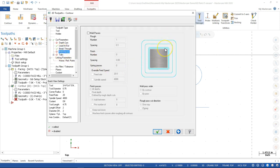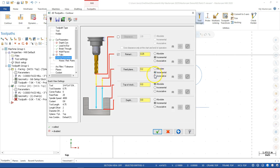Multi-passes, again, starting from a much larger piece and working our way in. And then the linking parameters, let's stay with the 1 inch. Our depth is -3. And I want to set those to absolutes. All right, so the 3-inch makes sense for the print. The breakthrough amount, that extra 20 thousandths, runs past that depth just a little bit. All right, so we're going to look at that one first,